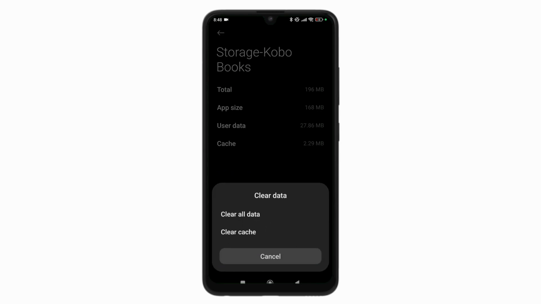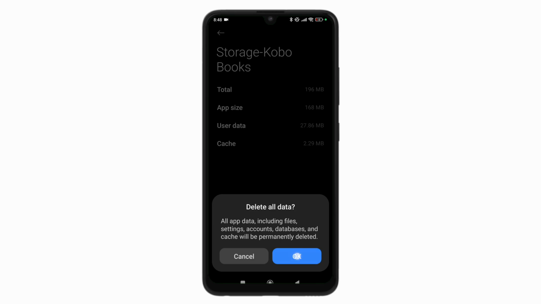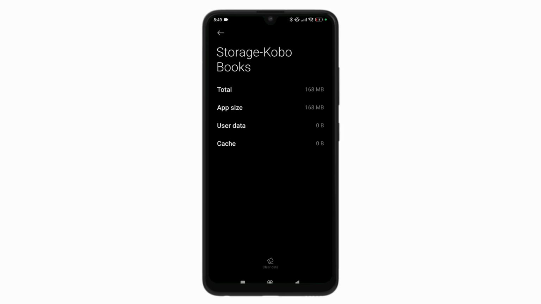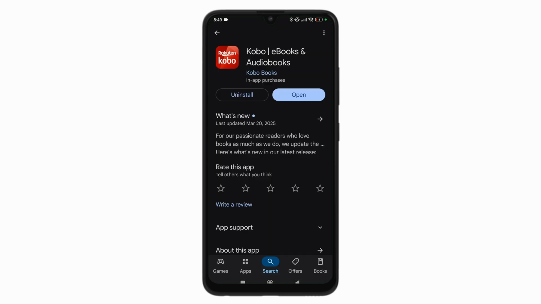Tap on clear data like this and tap on clear all data. Tap on OK. Now that will clear all of your data. See if that works. If that doesn't work, your final way you can actually fix this, you have to tap